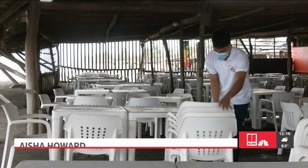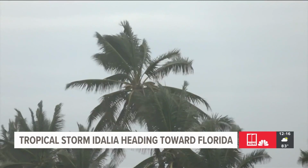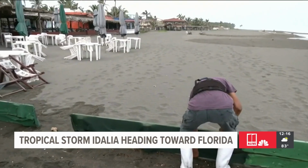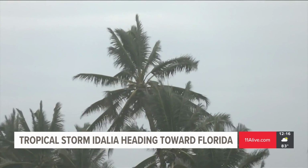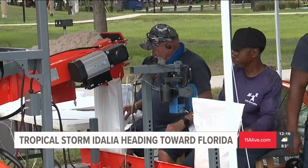People in Florida are getting ready today already, and they're watching Tropical Storm Idalia just swirling east of Cozumel, Mexico. It is expected to get a little bit stronger into a hurricane and make landfall in Florida later this week. Our storm trackers have been tracking this one really closely for a while now. Idalia could drop up to half an inch of rain in parts of Florida, Georgia, and the Carolinas by the middle